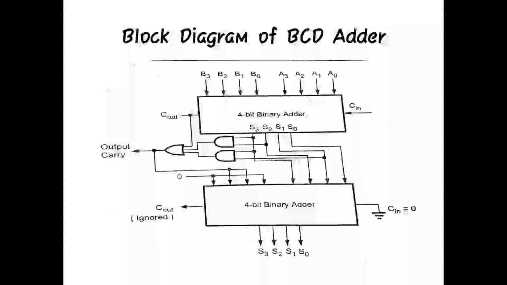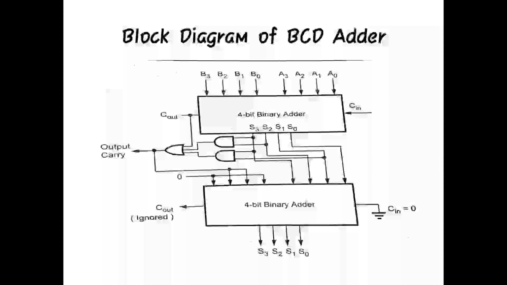So once the output of C out is 0, we get the final result. For example, think we are going to get a carry, that is C in at the top, which is nothing but carry, whether it is 0 or 1. Then the C out result will be 1, which means a carry is generated. Now I need to add a 6. How are we going to get a 6 here? From the lower 4-bit binary adder, we are going to get the value 6. So 6 is being added here.